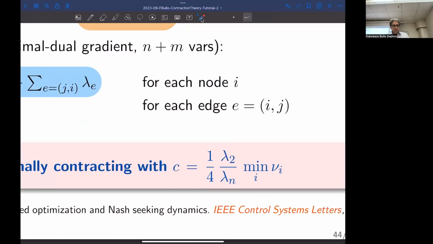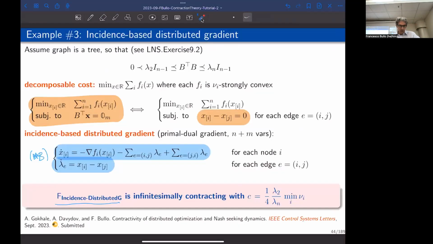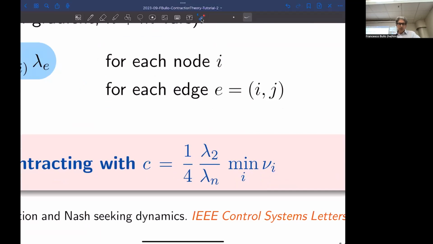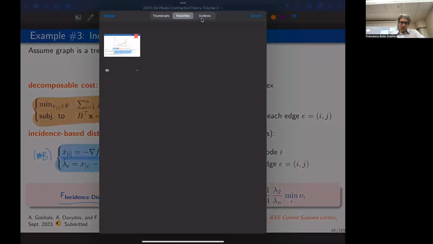Now, there are some details that I'm just going to skip right now, and I'm just going to tell you this is the answer you get as you do the calculation. And you make also an additional assumption that I'm going to skip. So if you're interested in this, we can sit down and work out all the details. Or the details are in this paper that we have, which is on the archive right now. You can just download it even later today. So now, at the end of the day, after some calculations, you get a contraction rate for this incidence-based distributed algorithm. And this rate is, well, okay, let me remind you, the formulas are,